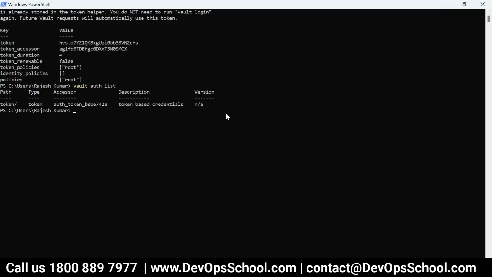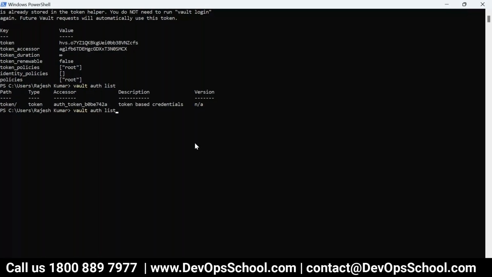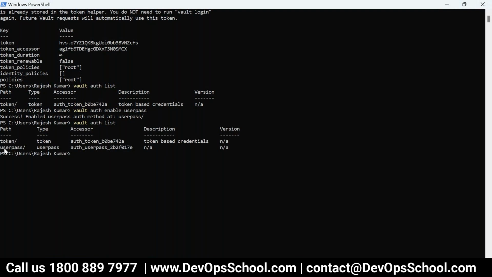So now you see here, enable userpass, which means password based. Done. Now list. See here. Now we have enabled password based also. Okay. Now if you see that